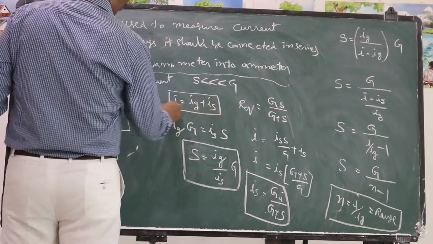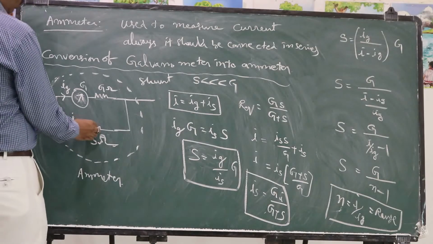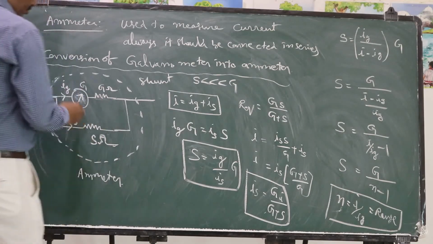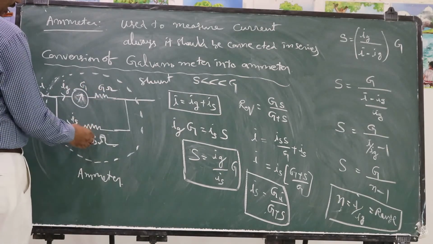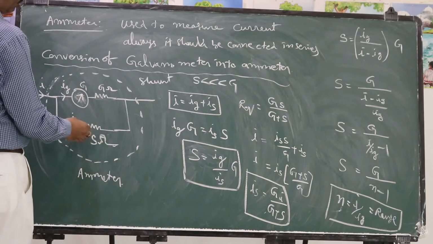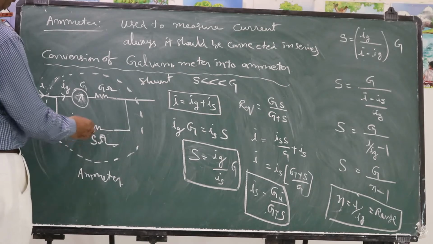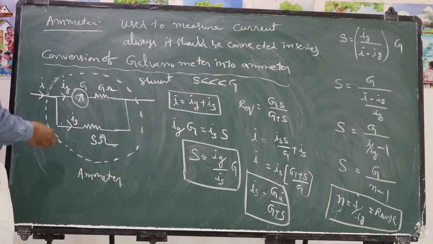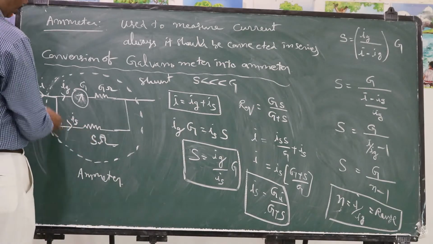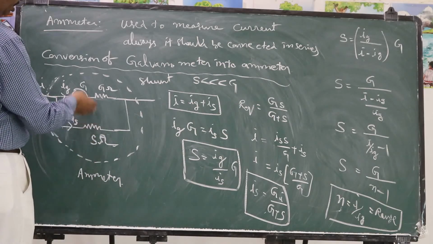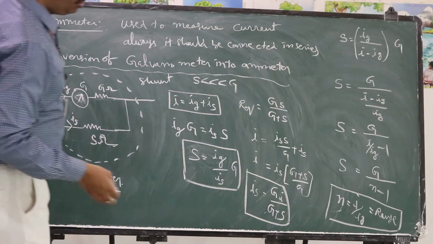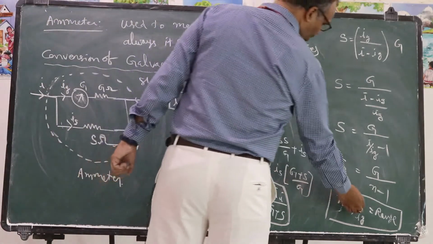Always we are connecting a low or small resistance in parallel to the given galvanometer. So connecting a small resistance in parallel to the galvanometer is called shunting. The shunt resistance S is very much less than G value. Why we preferred less resistance means maximum current has to pass through this such that galvanometer get protected, and it provides a range. I is the strength of current you want to measure.